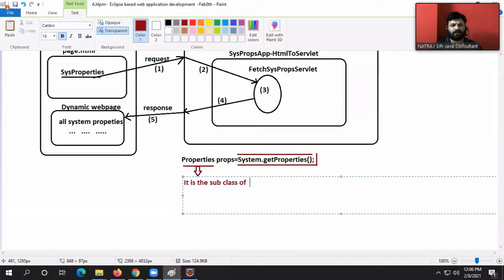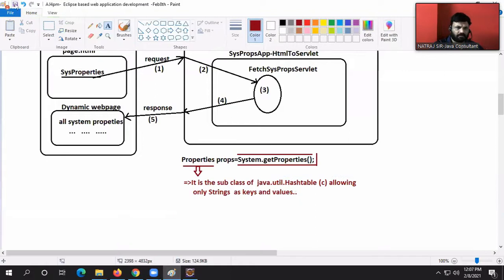It is a subclass of the java.util.Hashtable class. It allows only strings as keys and values.